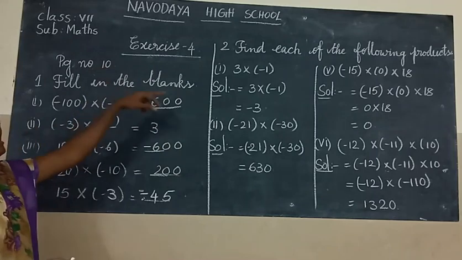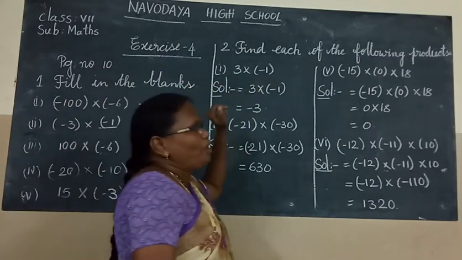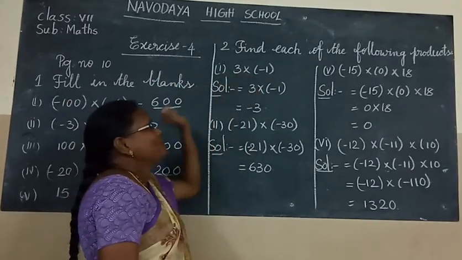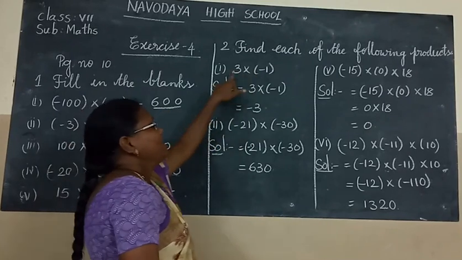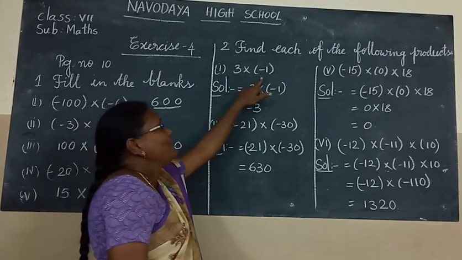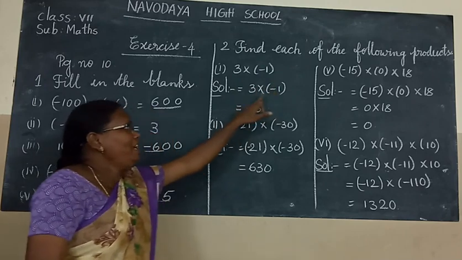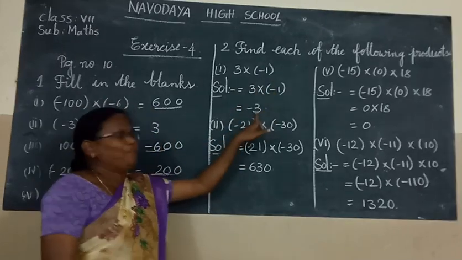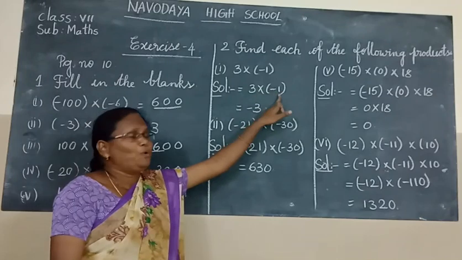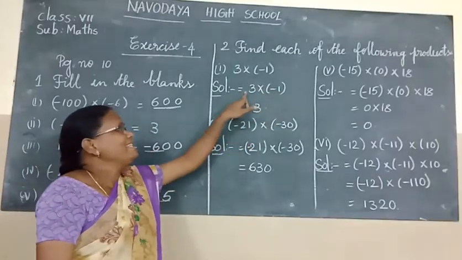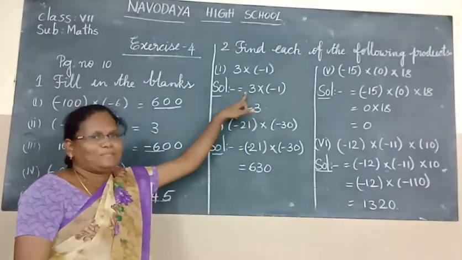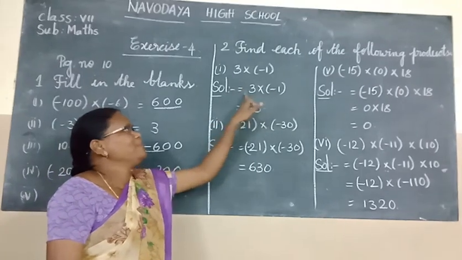Fill in the blanks. Second Roman: find each of the following products. 3 into -1. 3 is a positive integer, -1 is a negative integer. First you multiply 3 into 1. 3 ones are 3. Next, which sign is there? No sign. No sign means plus. Plus into minus is equal to